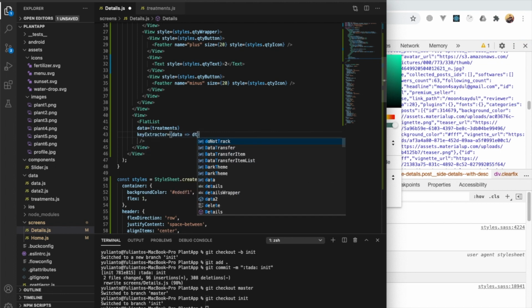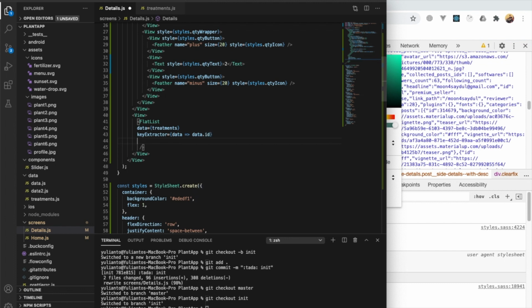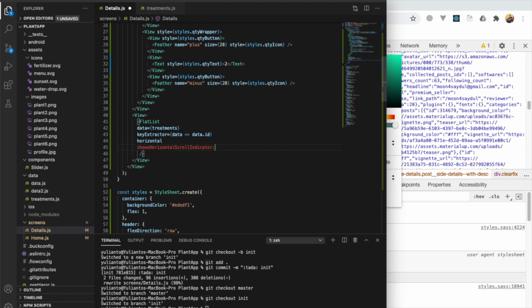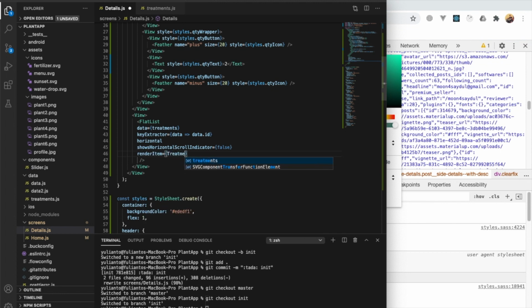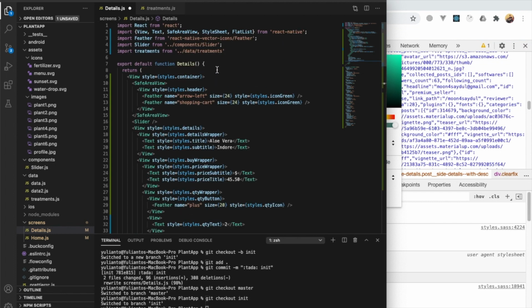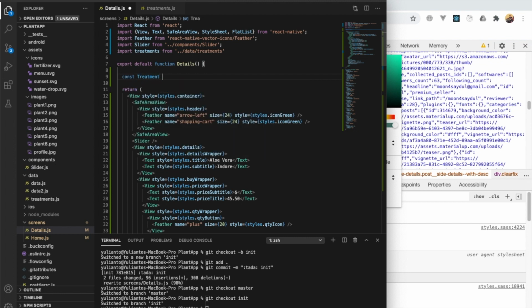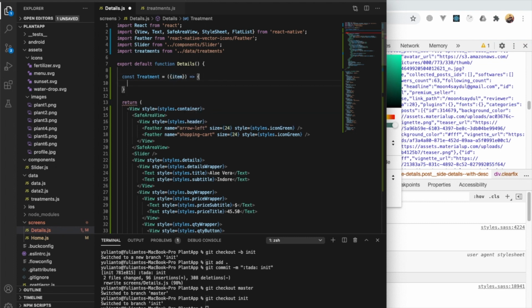Okay, the key extractor will be data ID, and will be horizontal, and I'm gonna hide the horizontal scroll indicator, and the render item will be treatment. I'm gonna create a treatment component. Okay, and then I'm gonna create a treatment component here, and it will be passing some props, and the props is item, then return